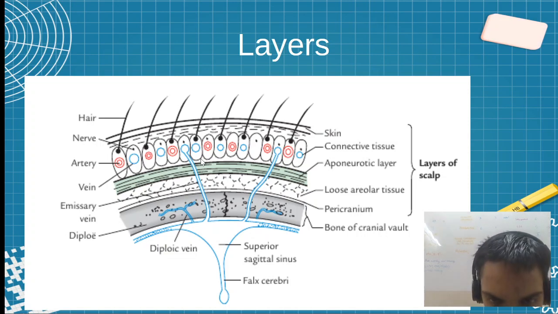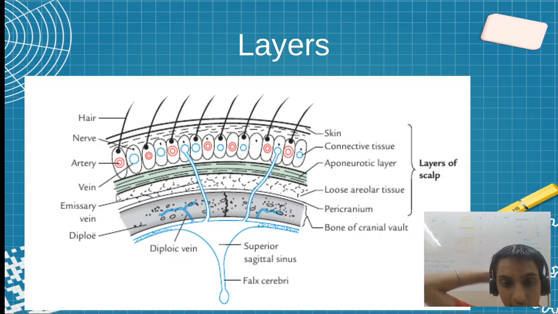What is the artery? We will see. So we have the nerve here, here, here. This is the hair follicles coming out from the alternate cells. This is epicranial aponeurosis, that is having the frontal and the occipital belly of the occipitofrontalis muscle. Right. And then this is the loose areolar tissue. So we will see the clinical significance at the end regarding this.